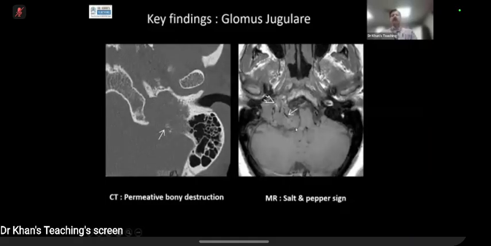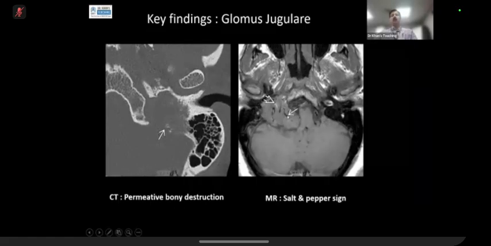What is salt and pepper sign? You might see some microhemorrhages, which are high signal on T1, and you can see filling defects because these are very vascular arteries, or vessels, should I say, which have got high velocity flow,